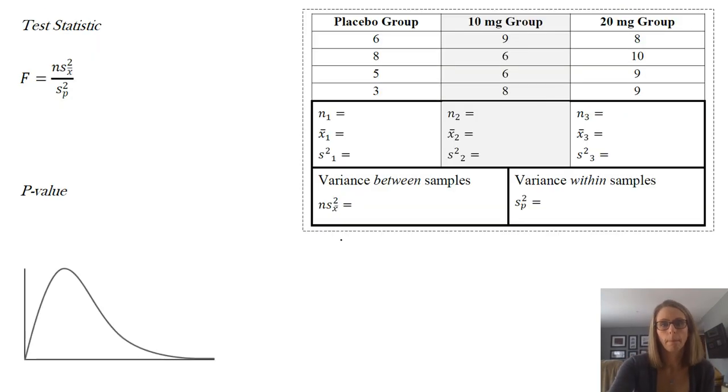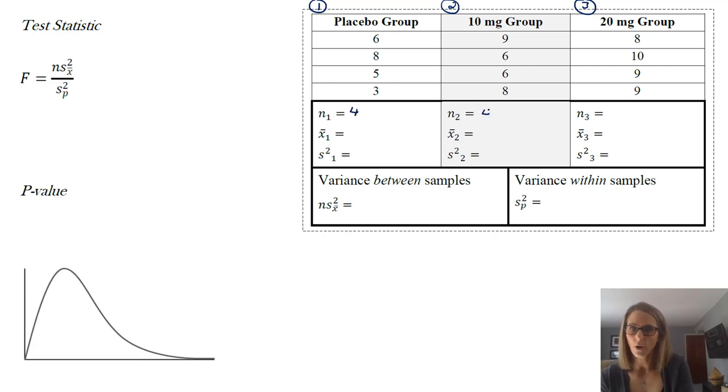Okay, so here is the whole thing. Again, our focus will be on the calculator, but for some people who are interested, I want to show them a little bit about how this works for ANOVA. We have our 3 groups: one placebo group, these people got 10 milligrams, these people got 20 milligrams. We're sticking with a very small sample size here just to make it easier, but you'll notice that all of our n's are 4.